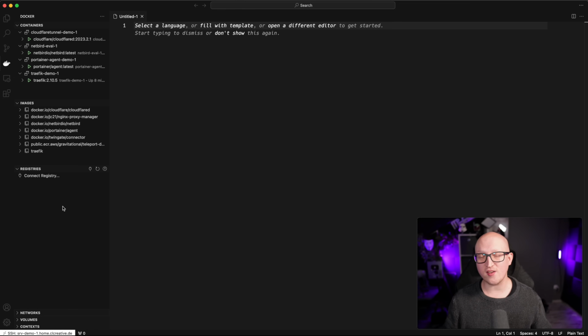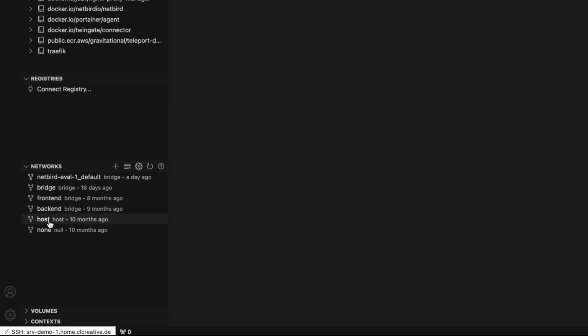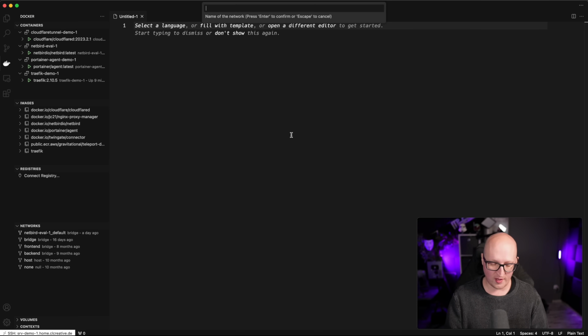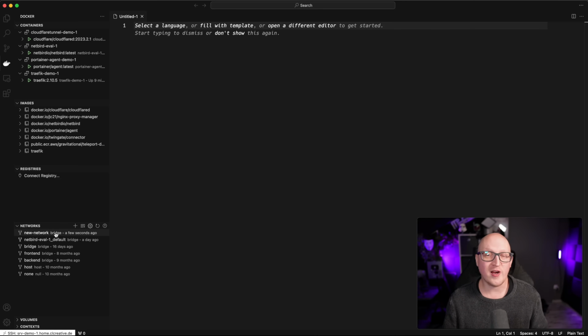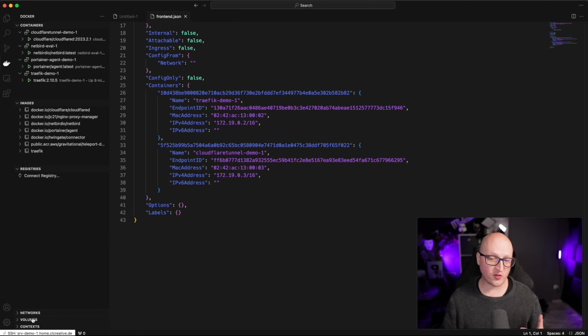You can even use that to manage remote Docker resources, such as Docker networks, for example. You can just click on that drop-down menu here, see all the different Docker networks that are currently existing on your remote server. You can even create new ones. Click on the plus icon, give it a name, select one of the three types, bridge, host, or Mac VLAN, and then you've created a new Docker network on your remote host. That's so easy. You can even remove them here or inspect some of the details,